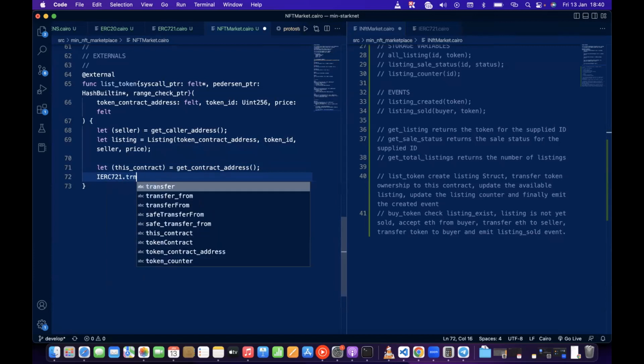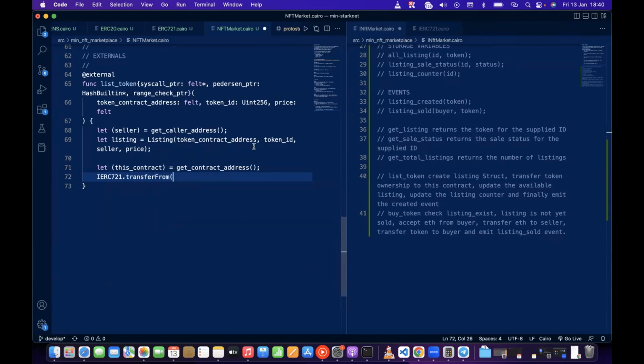from function. We are using the transfer from function here because in a transfer from, you would need to approve the person, the spender. So in this case, we have the owner of the tokens, we have the spender of the tokens, and the recipient. The transfer from function enables you to approve another person to spend the tokens contained in your